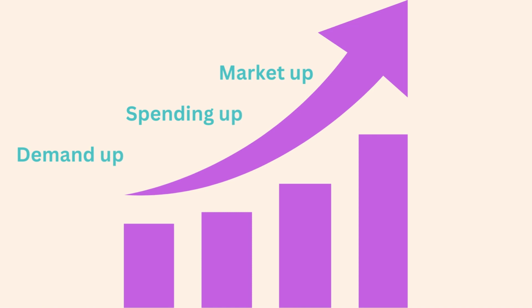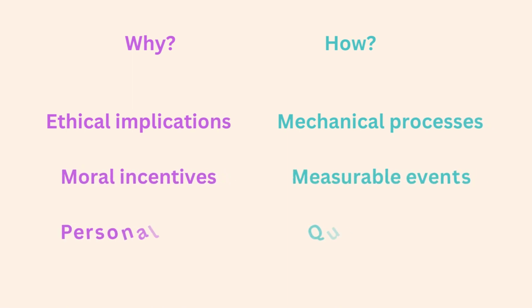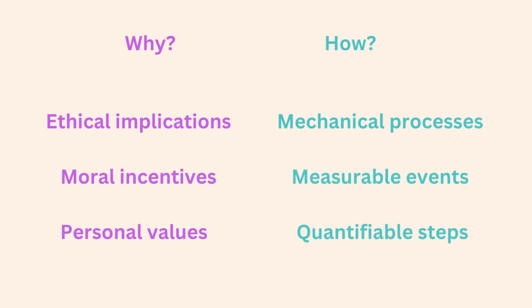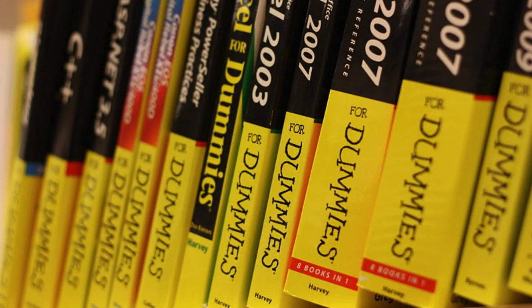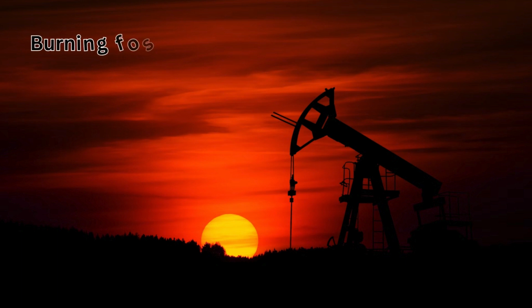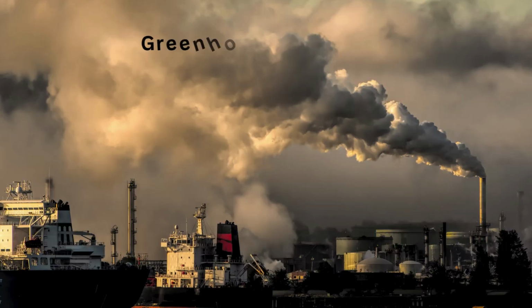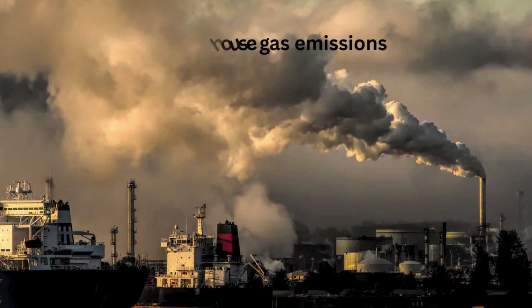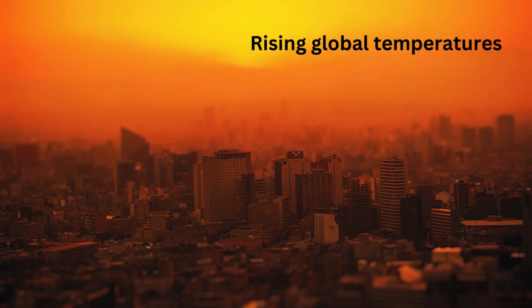to maintain a healthy economy. My students delineate why from how by explaining that how is the more mechanical, measurable, quantifiable aspects of the process, kind of like the discrete steps in a how-to guide. So, asking how climate change happens, we might generate a chain that looks like this. People burn fossil fuels like oil and gas to power their lives. Burning fossil fuels emits greenhouse gases like carbon dioxide and methane. Those gases trap the sun's heat and raise global temperatures, like when the windows are rolled up in your car